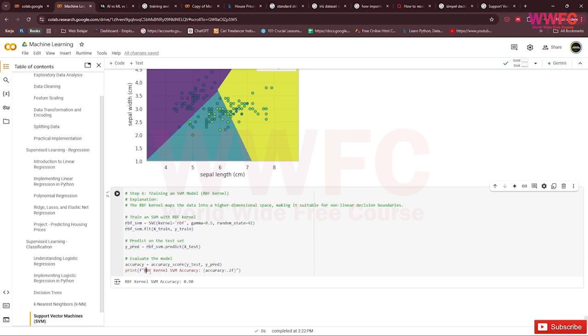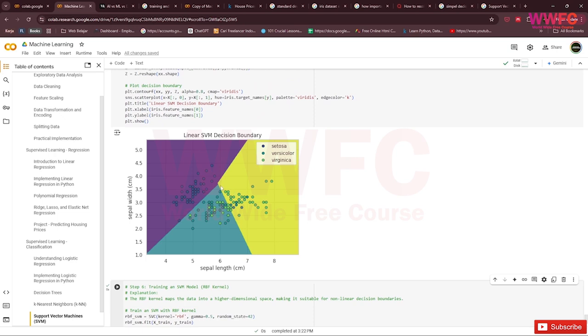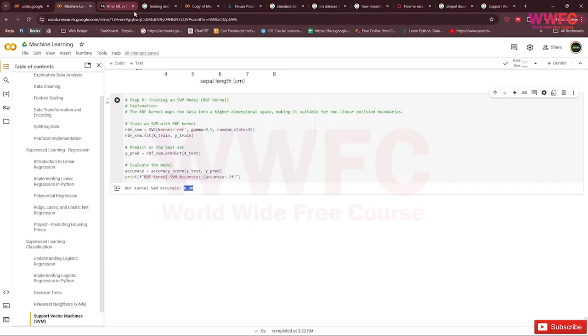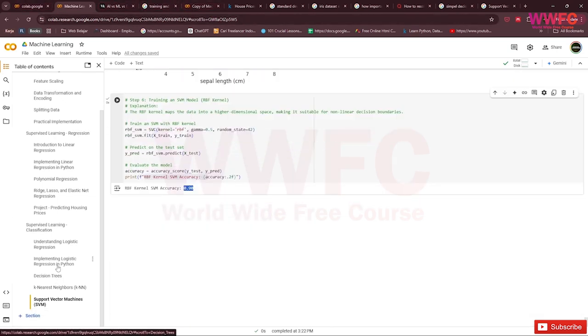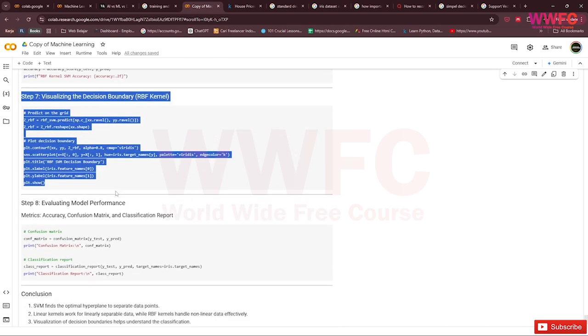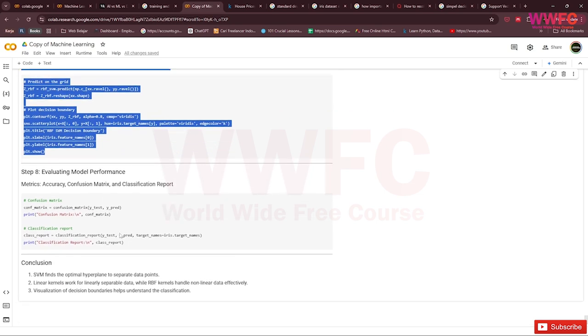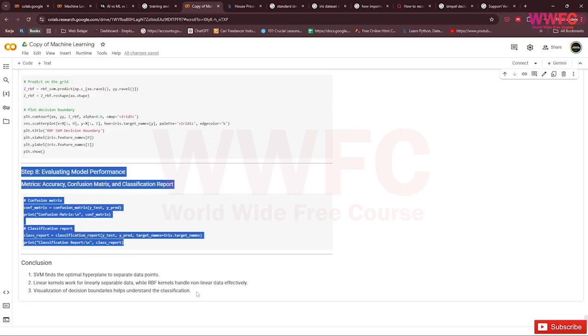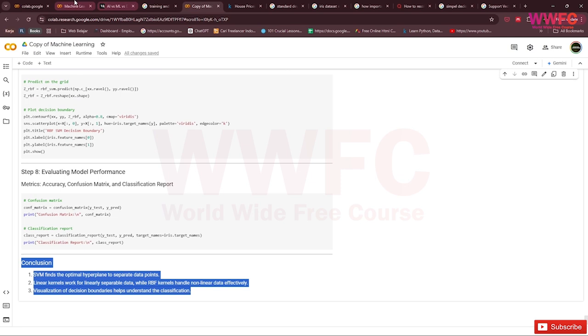The RBF kernel SVM accuracy is 90%, which is lower than KNN, decision tree, and logistic regression. The support vector machine has lower accuracy than the others that we learned earlier. So we want to check the RBF kernel, and we want to check this.